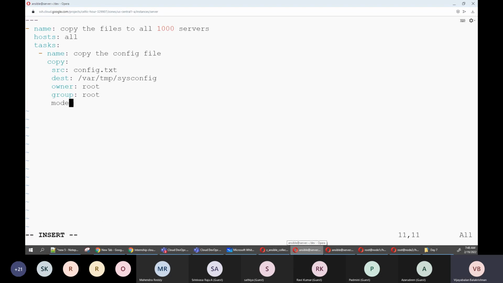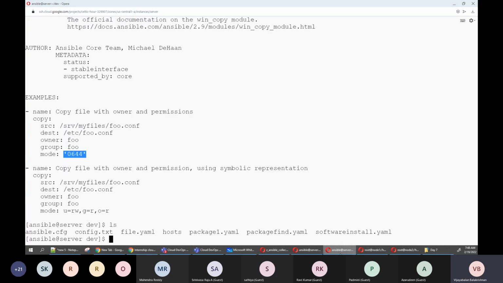Mode: 0644. Okay. Now I'm going to save this copy.yaml and execute it: ansible-playbook copy.yaml.